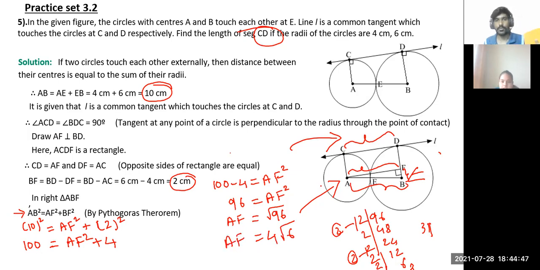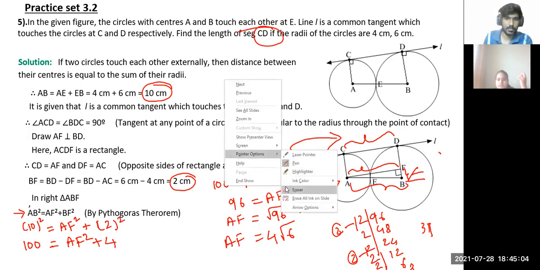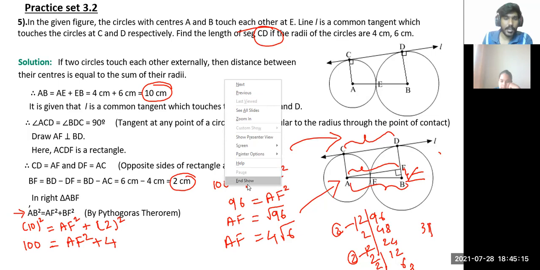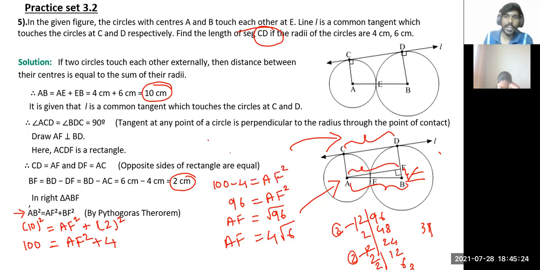AF is equal to 4. Where did you get 3? 2 3s are 6, and then 3 1s are 3. Prime factors I found out. Do you remember how to find prime factors? Then where does 3 come from? You just do 96 by 2, then 48 by 2, then 24 by 2, 12, and by 2, 6. And then again by 2, you get 3 last. So 2 3s are 6. Oh, okay, and then 3 ones. Fine. 3 1s are 3. Yeah. So AF is 4 root 6.